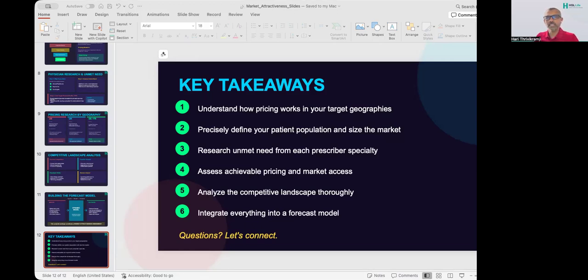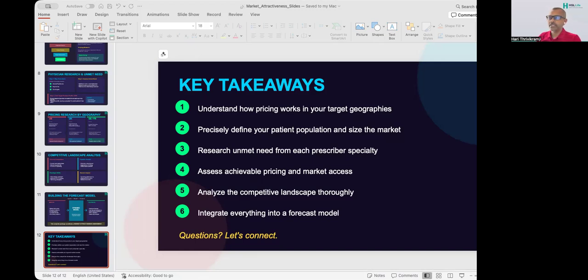Market attractiveness assessment is essential whenever you're making significant investment decisions. So whether it's continuing development of a product, go/no-go decisions, phase 1 to phase 2, phase 2 to phase 3, etc. In-licensing, out-licensing, when you want to know the value of your product that you're trying to out-license, or when you're acquiring a company, or it could be a development partnership, then you need to come up with the upfront payment, milestones, and royalties to take into that deal.